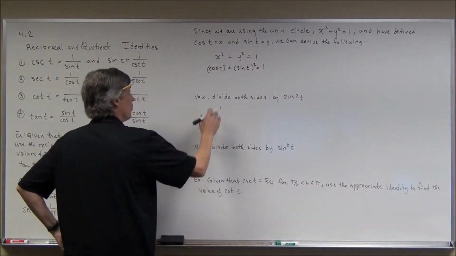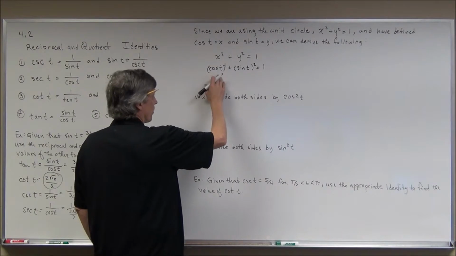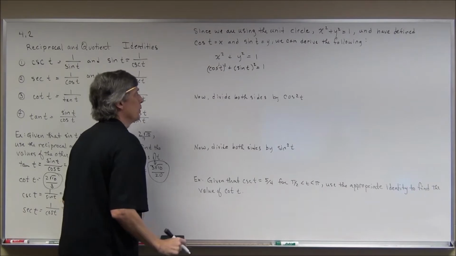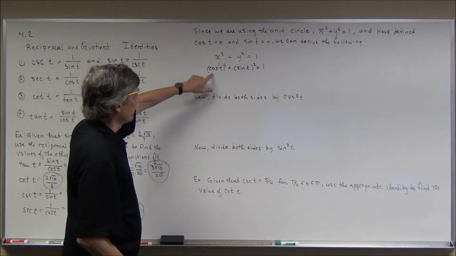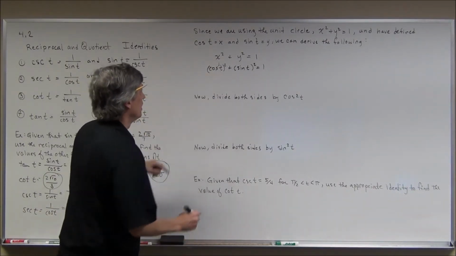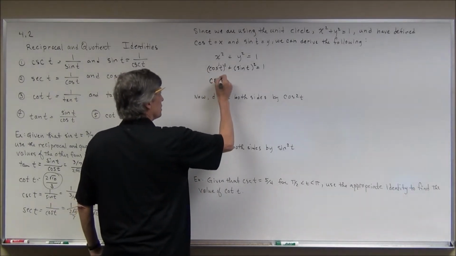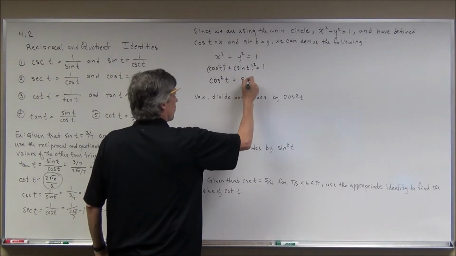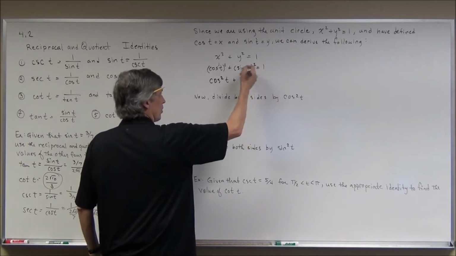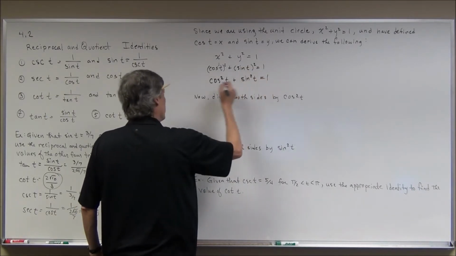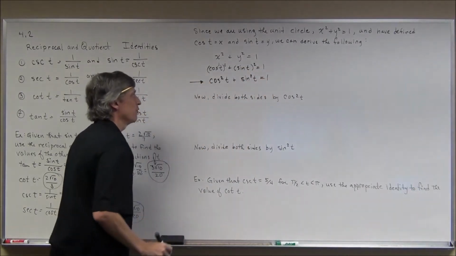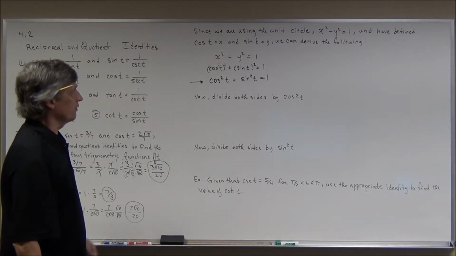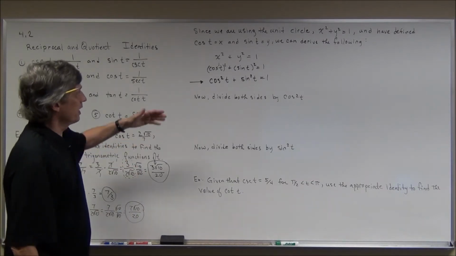Now conveniently, when we have a trig expression raised to a power, we can bring the exponent and put it right in between the abbreviation of the trig function and the angle. So I can write this as the cosine squared of t, or cosine t quantity squared, plus the sine squared of t, or sine of t quantity squared, is equal to 1. This one right here is the first of 3 that we call the Pythagorean identities. The Pythagorean identity, of course, having to do with the right triangle, the Pythagorean theorem,